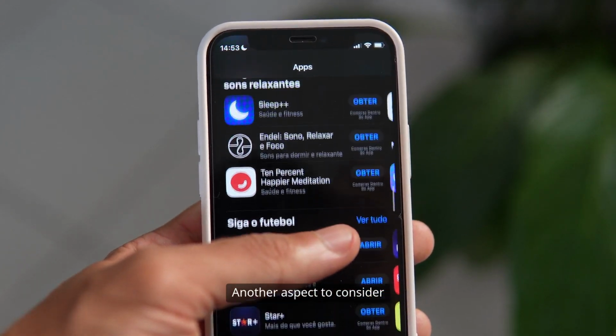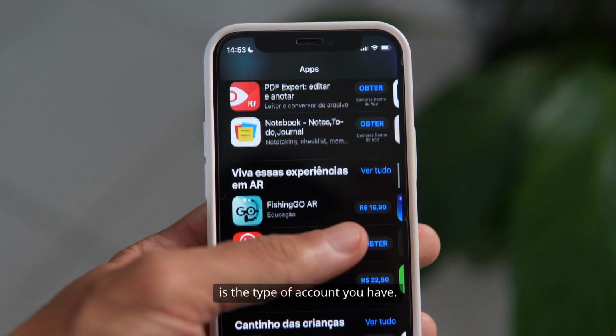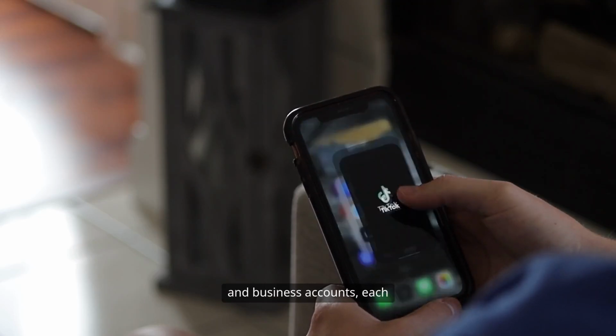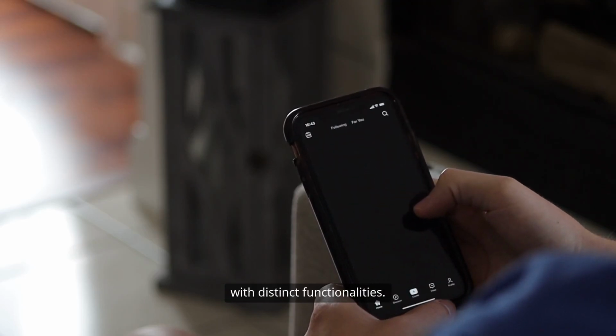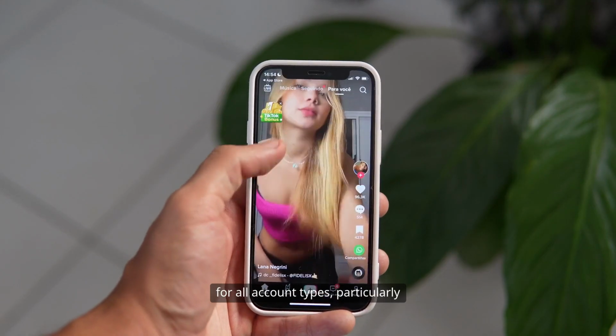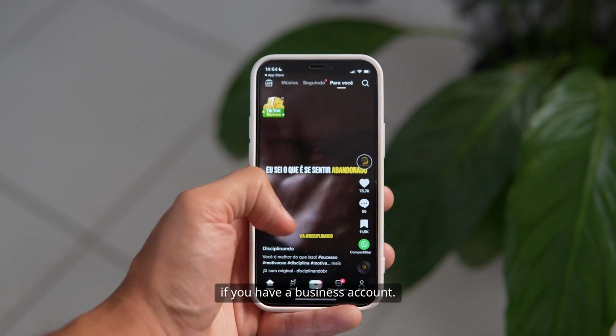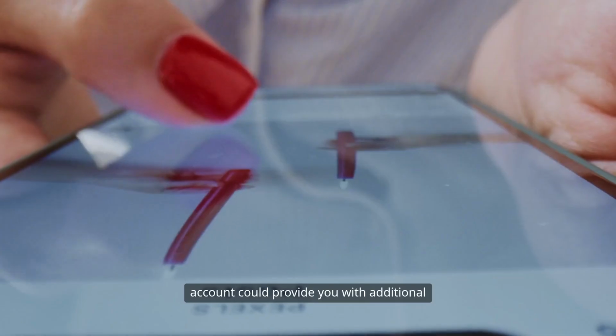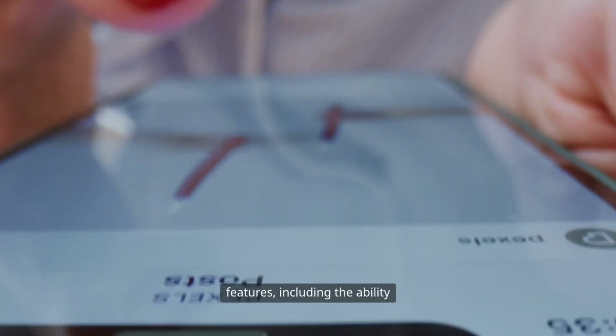Another aspect to consider is the type of account you have. TikTok offers personal, creator, and business accounts, each with distinct functionalities. Profile views may not be available for all account types, particularly if you have a business account. In this case, switching to a creator account could provide you with additional features, including the ability to see who